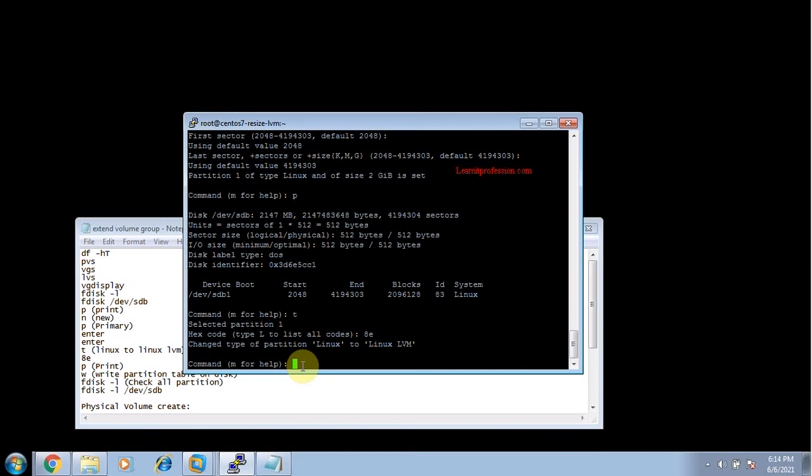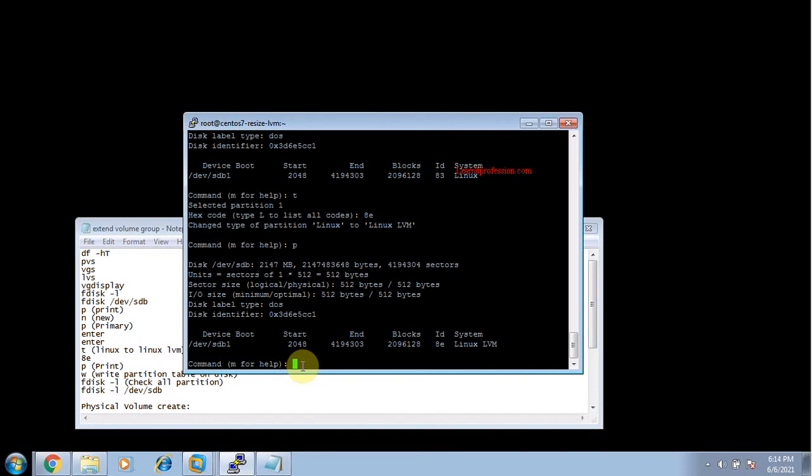Its type is converted from Linux partition, ID 83, to Linux LVM partition, ID 8e. To verify, just press p and enter. You can see that the ID is 8e and its file system is Linux LVM. To write the partition on the disk, just press w, enter.